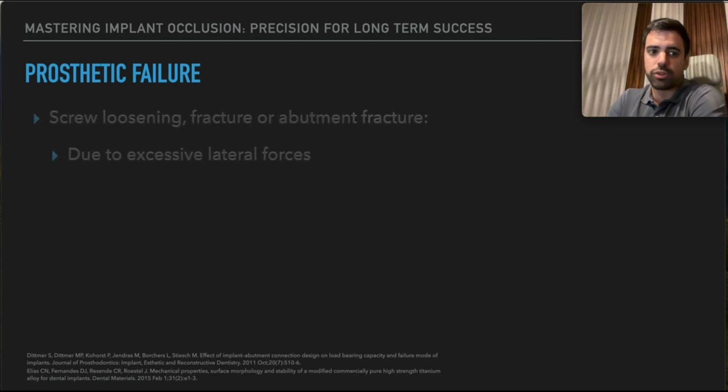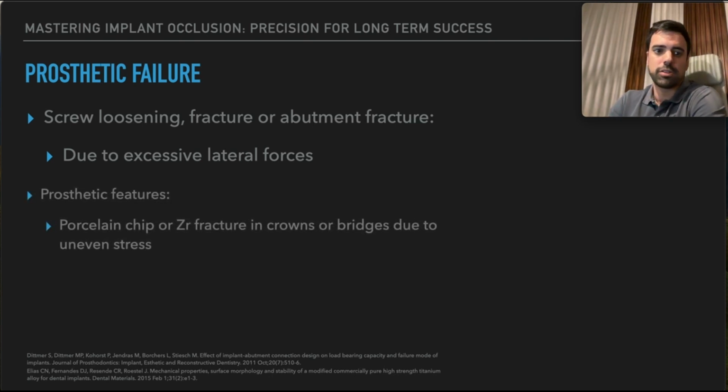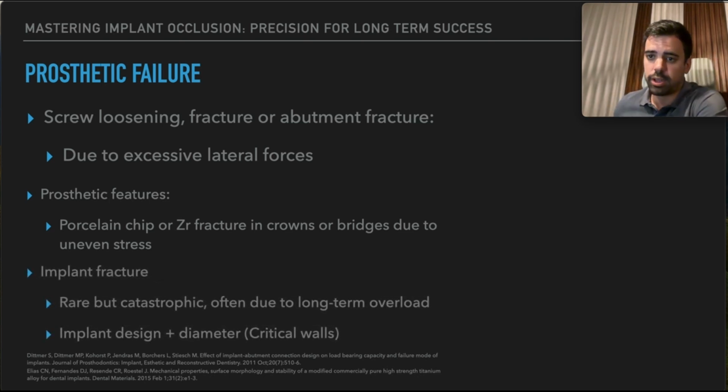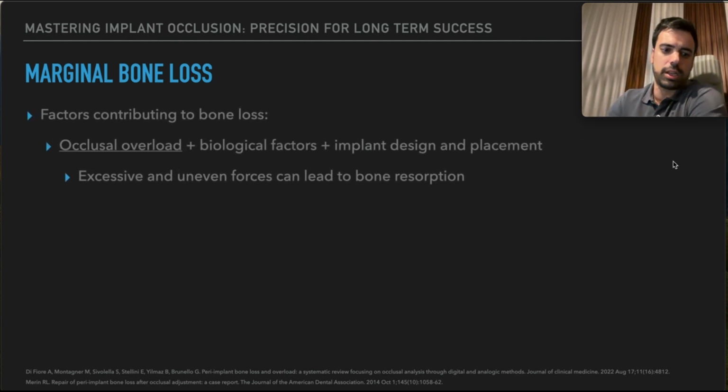Prosthetic failure, we talk about them: screw loosening, normally due to lateral forces, fractures, abutment fractures, prosthetic fractures as well. You may have porcelain chip, zirconia fractures in bridges and crowns, and then implant fractures. They're rare, but obviously they're catastrophic. If the implant fractures, then the whole implant needs to come out. So if the implant is thicker, we know it's less likely, and the critical wall we just mentioned. And we can have marginal bone loss, and then this study done by Di Fiore,